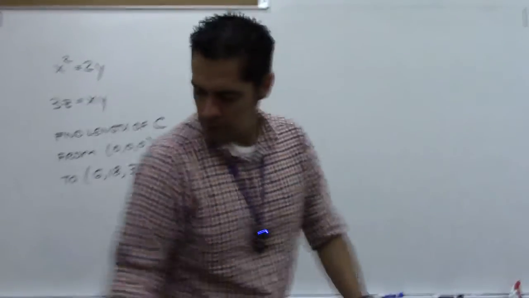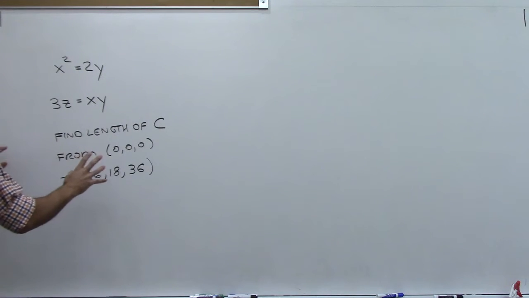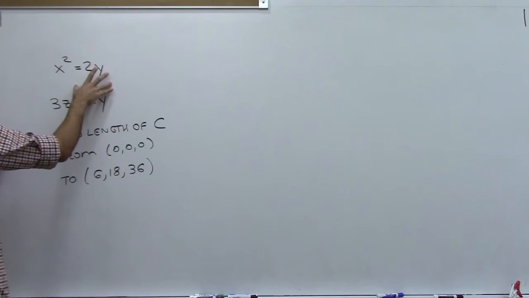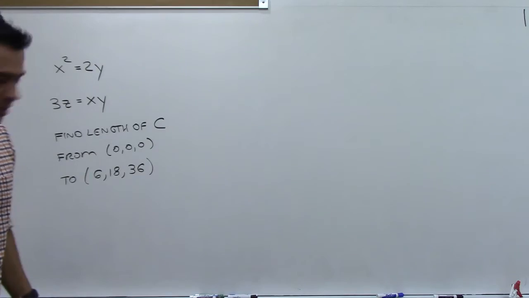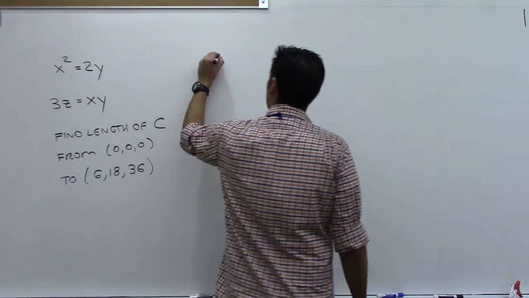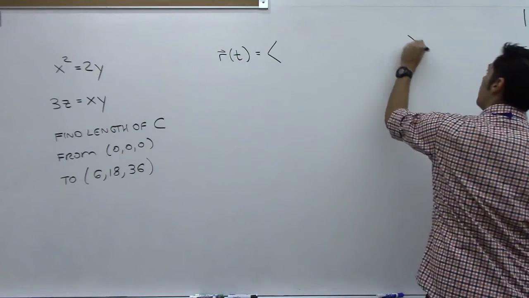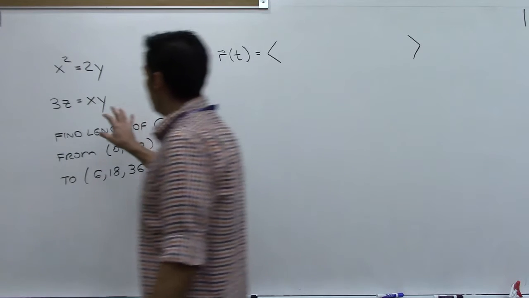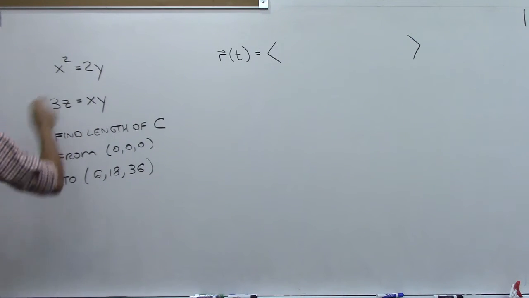All right. So what we need to do is somehow come up with a vector function that draws the intersection of these two surfaces. I don't think we need to draw the surfaces, but let's try and come up with our r(t) first. It's going to be 3 component functions. So let's try and get some relationships here. I know that 3z is going to be x times y. This has x and y in it also. So what I could do is